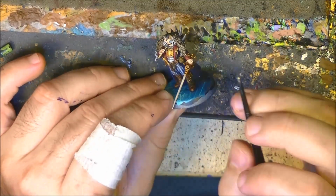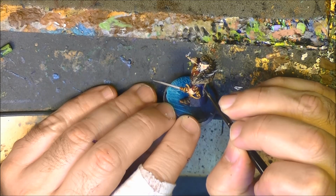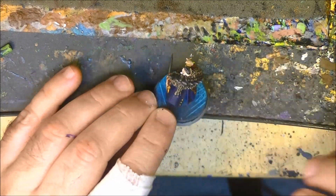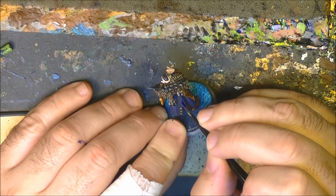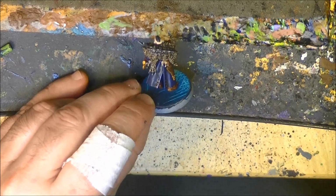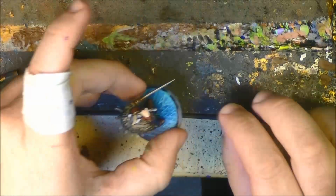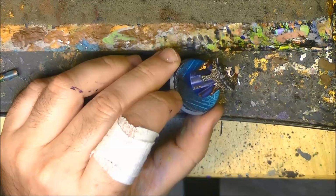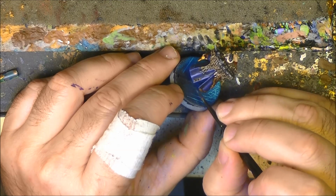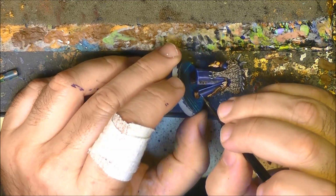Okay, the one we did, now I'm going to do the other side. So I will do the other side as I did the first one, and I'm back. Next, I'm going to use Calgar Blue. I was just doing a little bit of test here to increase the highlights a little bit. It's very diluted in my case, so it's very watery, and I like that because I'm mainly using it as a little bit of a filter,